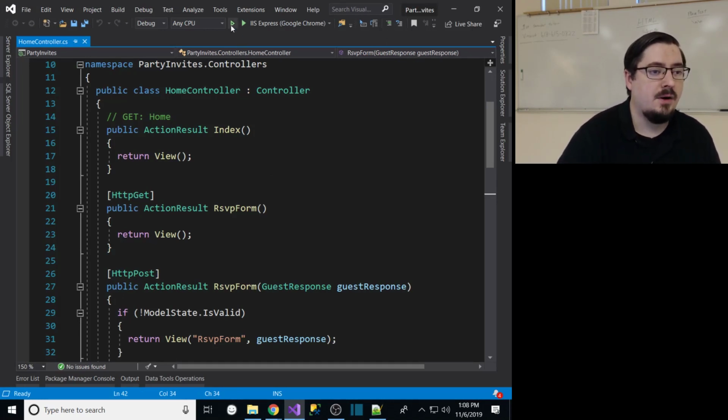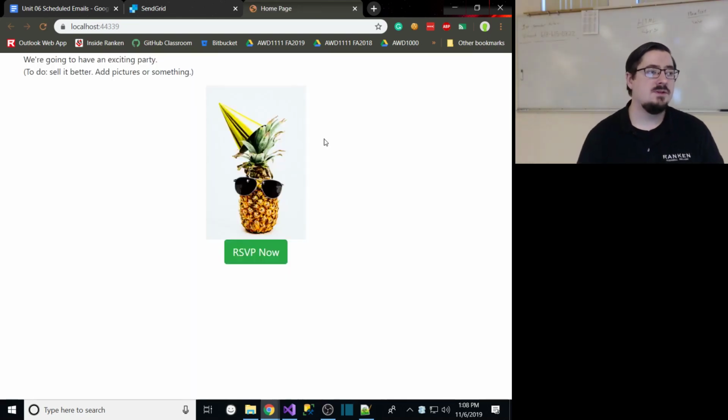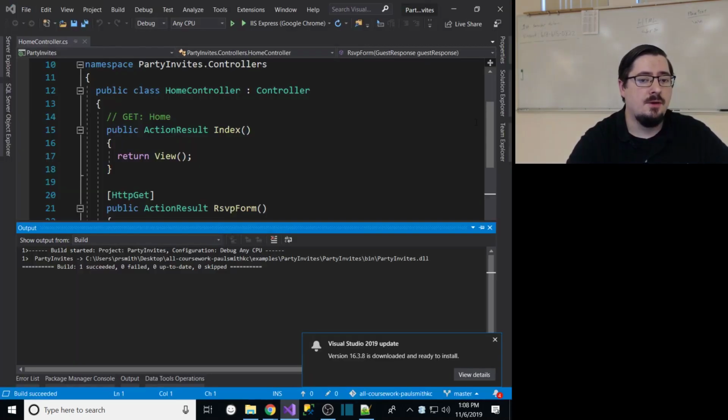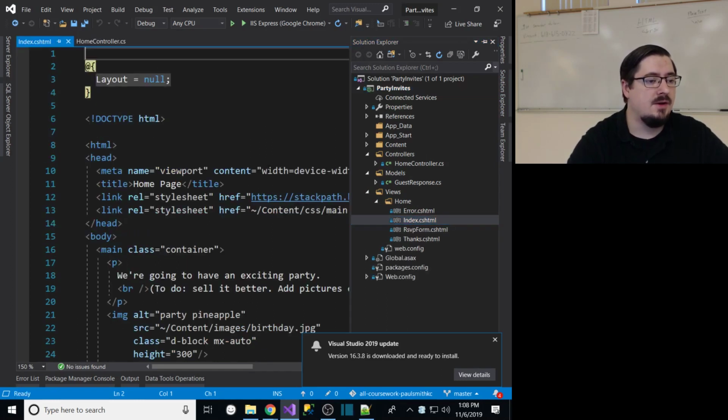So let's start by just running it, because it has been a long time since we touched this. There's a lot of things we've learned since we built this application, right? So it'd be a good time to bring this forward and update it, okay? So there's a few things going on. First and foremost, if you look at the views, let's say we look at the index view,